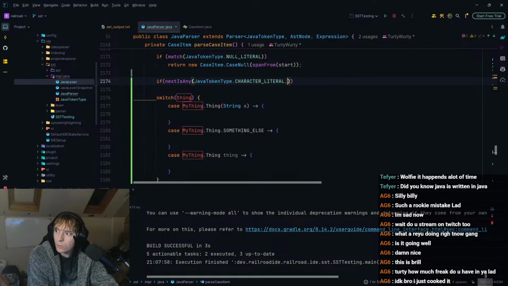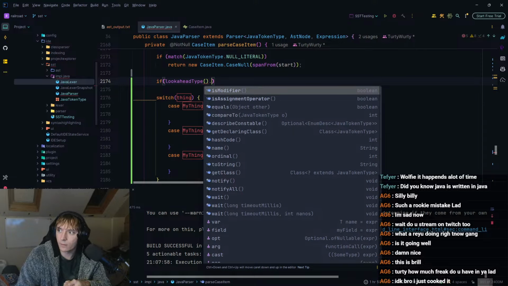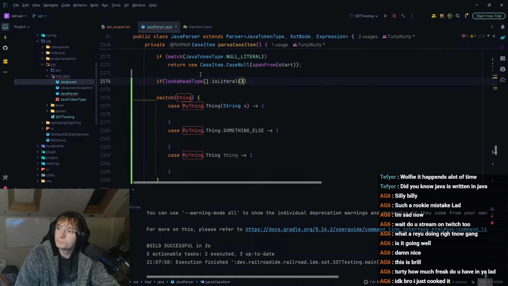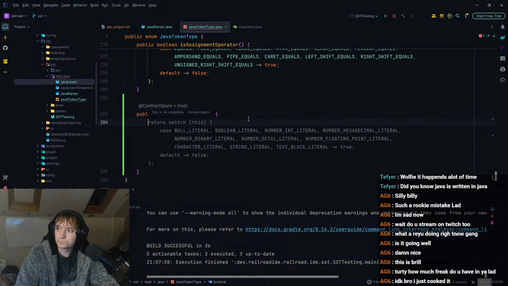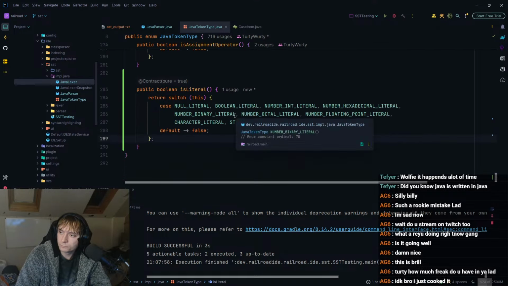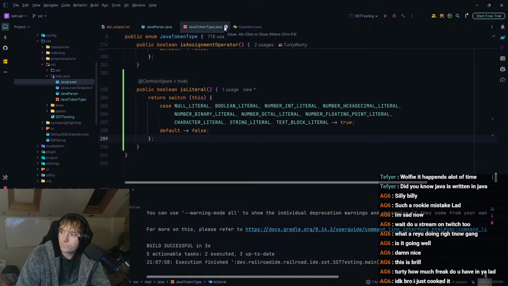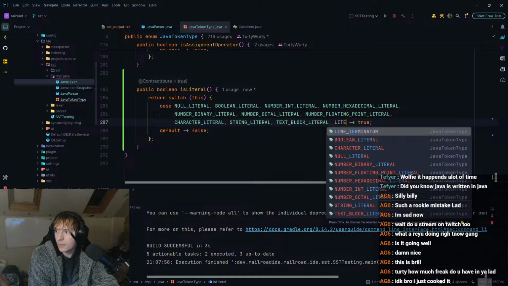Wait, can I just do look ahead type dot is literal? I should probably make that a thing, huh? Is literal. Okay. There we go. So I think that's all the literals. Yeah, that's all of them.